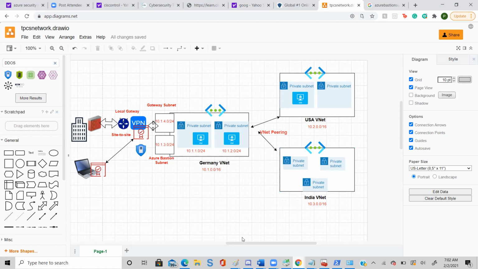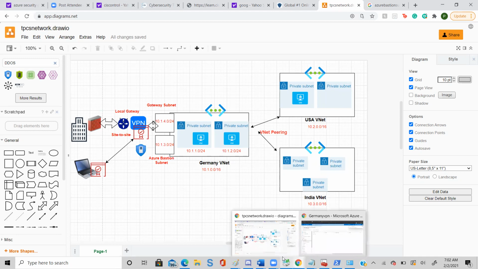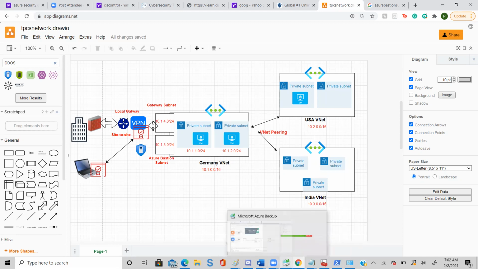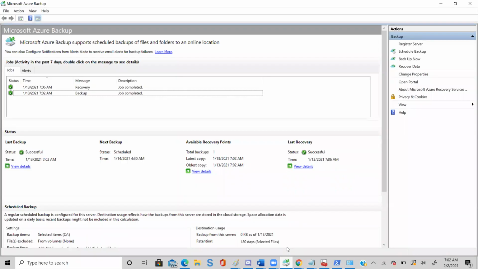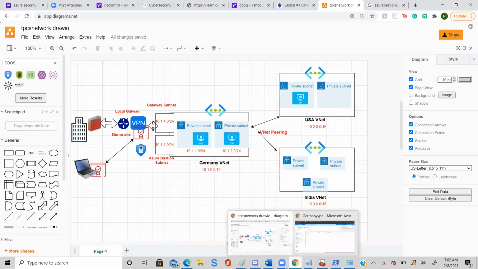So go back to your Azure. This was the backup, so we are closing this one.